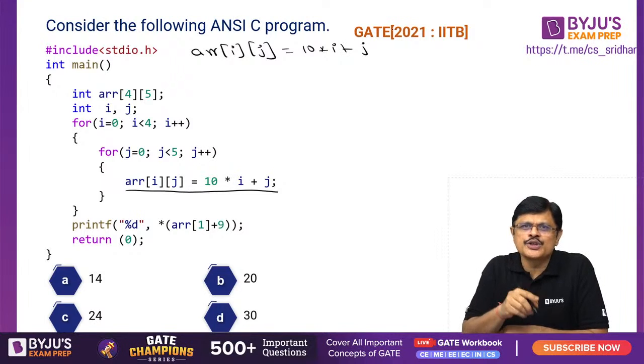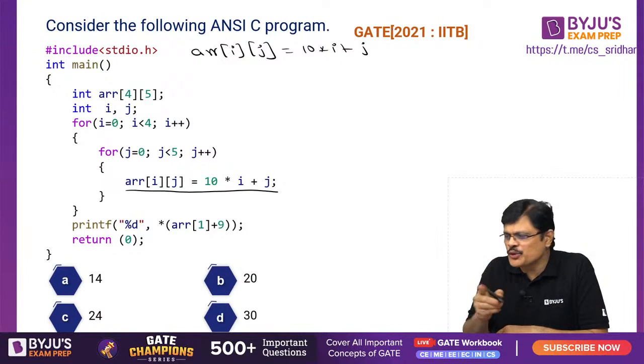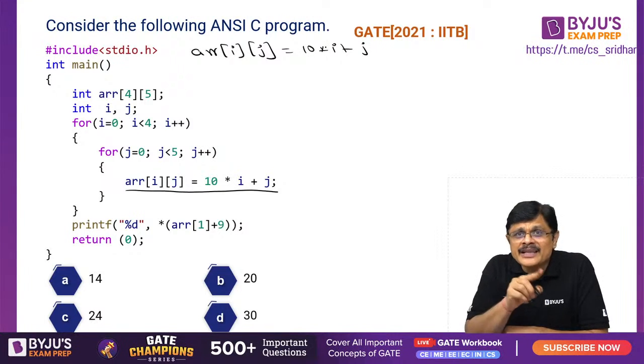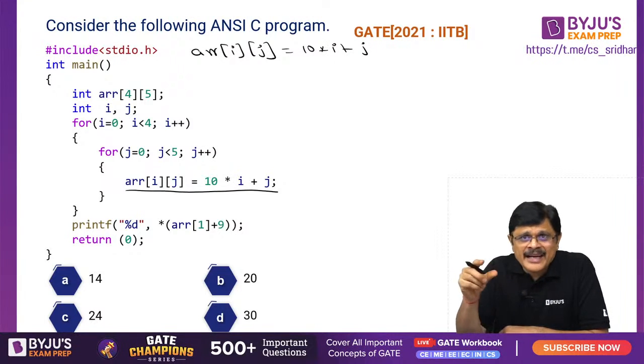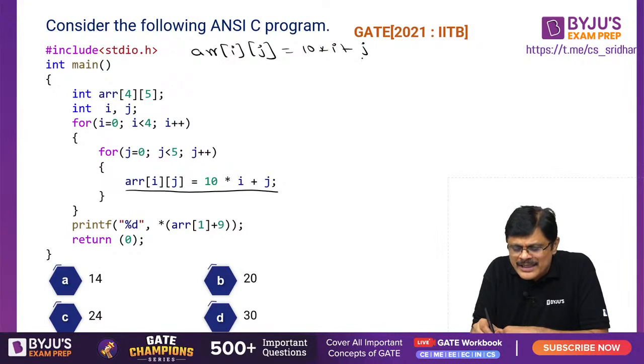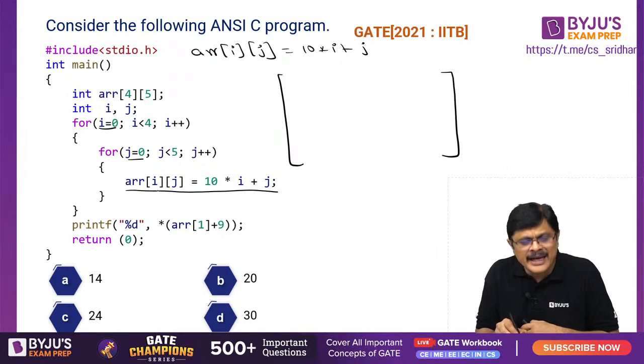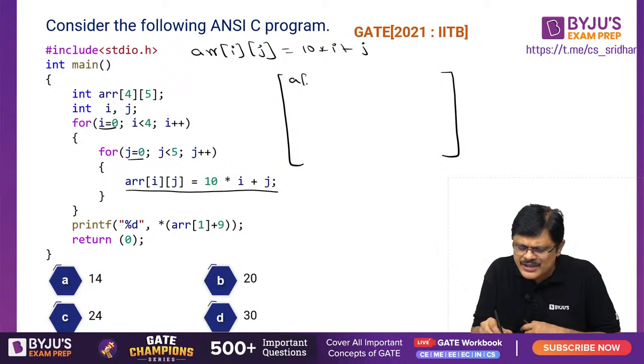You all know the indices 0,0, 0,1, 0,2, 0,3, 0,4 like this. In the zeroth row, i will be 0, so this part will be 0, and only j values you are going to get. Correct or not? For i equal to 0, j equal to 0 to 4, a[i][j] is this. It's like A00, A01,